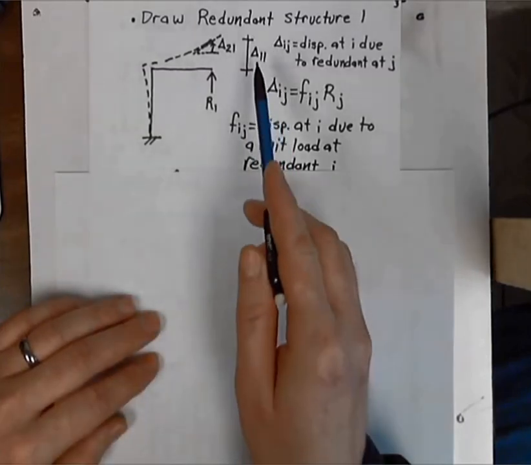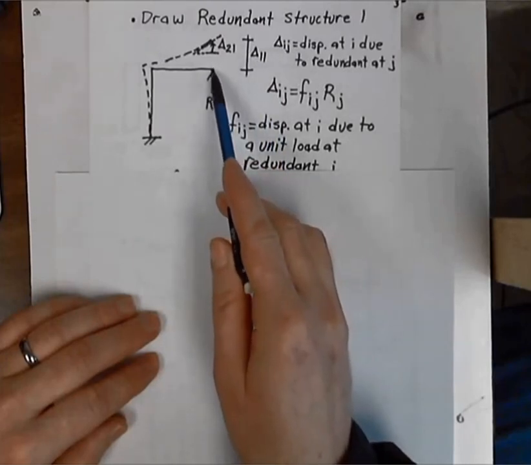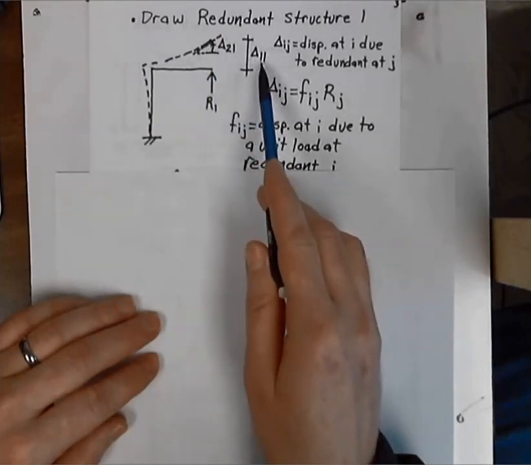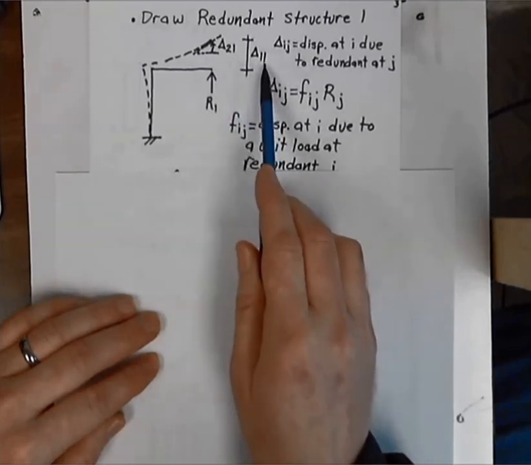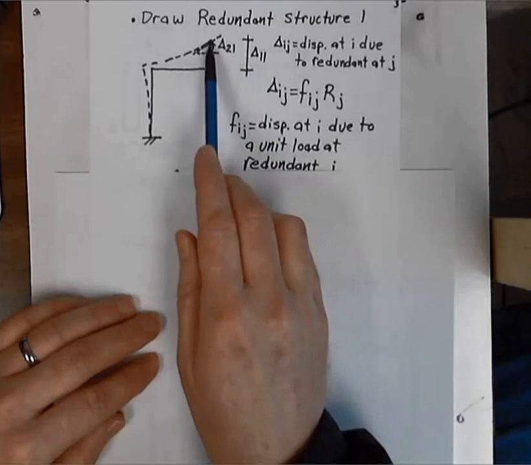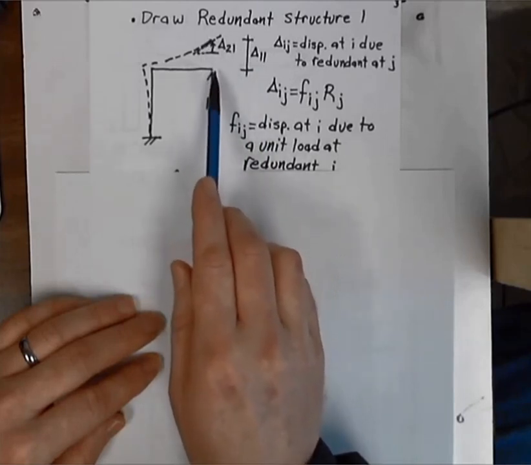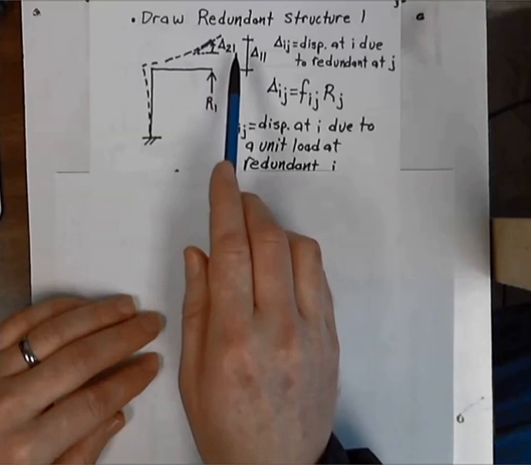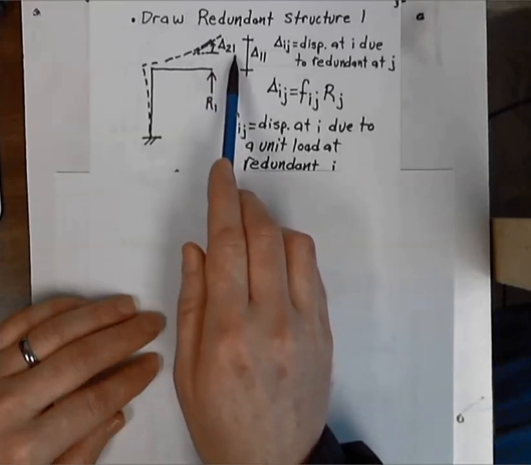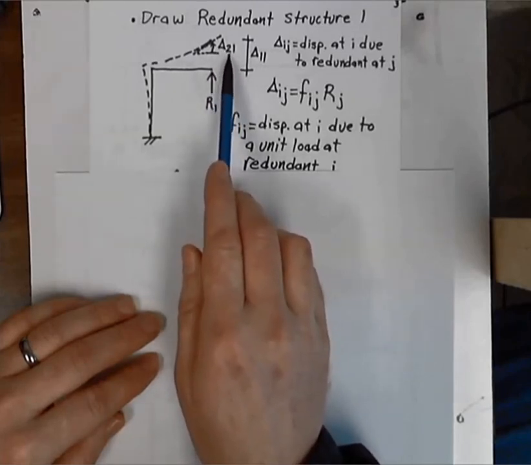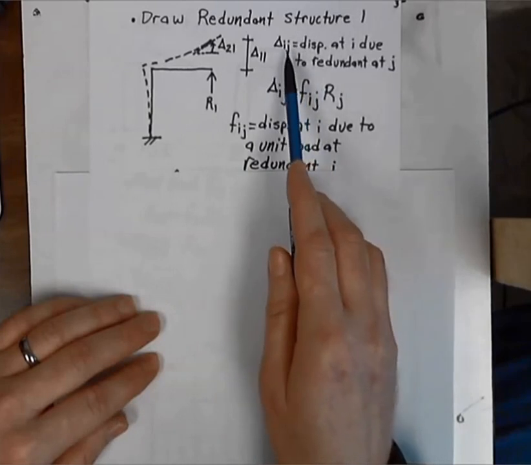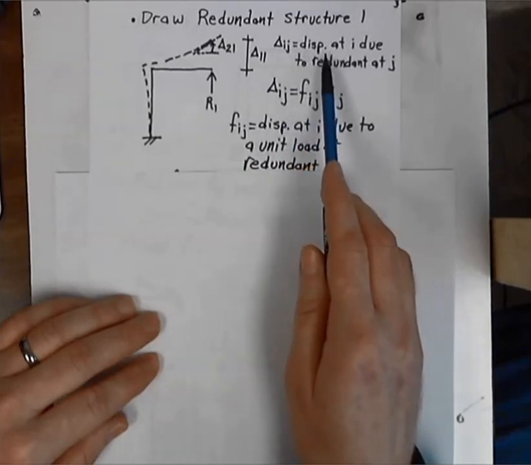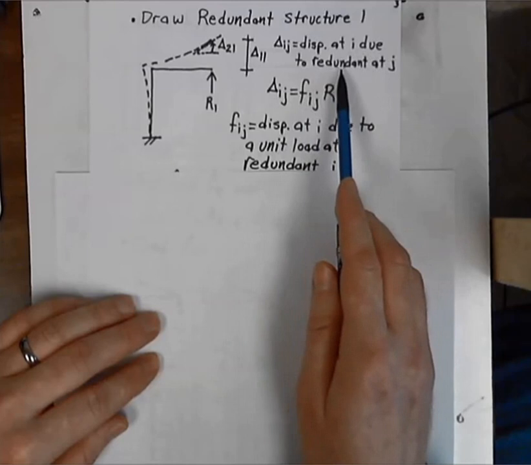structure. And so we have that this end is going to move upwards, and we call that delta 1,1. That is the displacement at 1 due to the redundant at 1. And we also see that this end up here has rotated from its original horizontal configuration, and we call this delta 2,1, which is the displacement at position 2 due to the redundant acting at 1. And so in general we have that delta ij is equal to the displacement at i due to the redundant